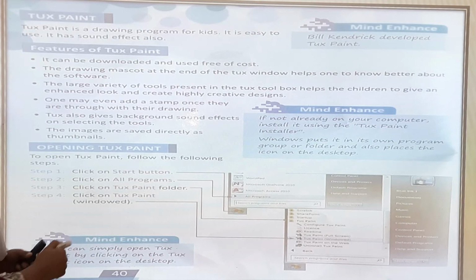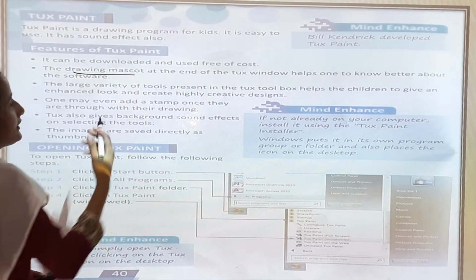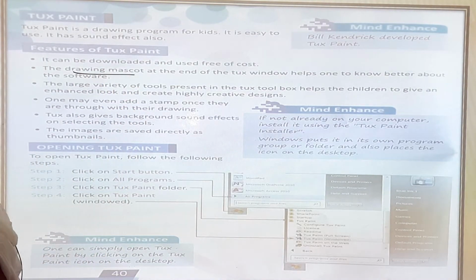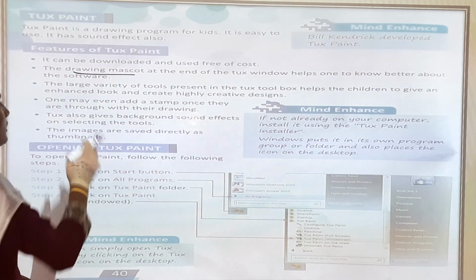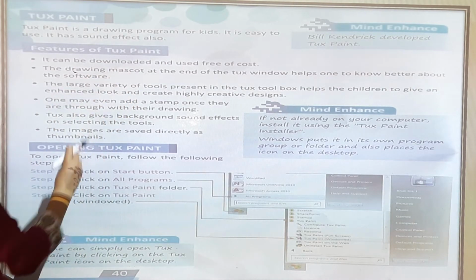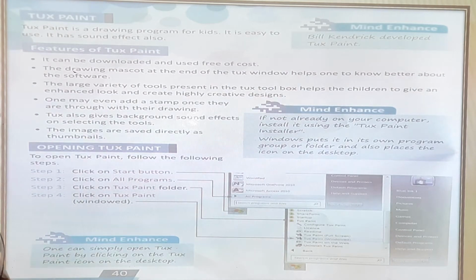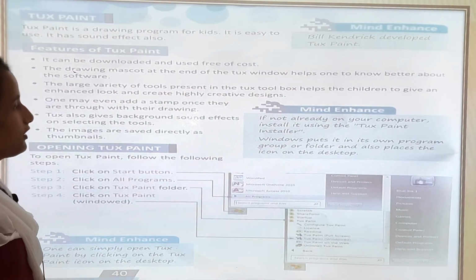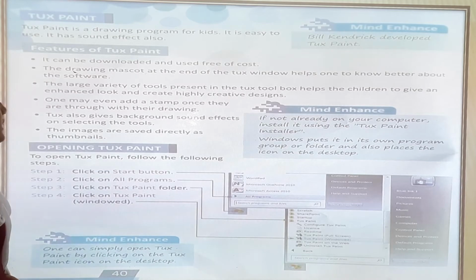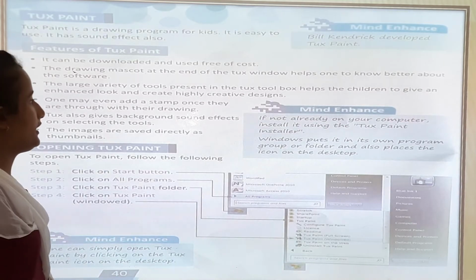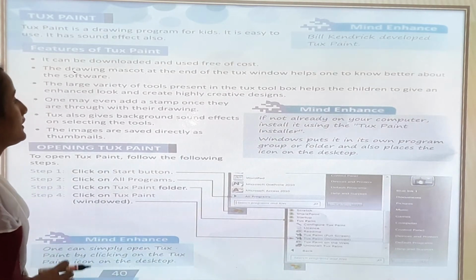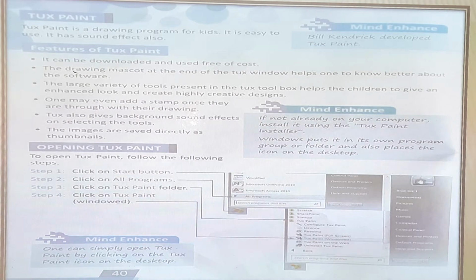The large variety of tools present in the Tux toolbox helps the children to give an enhanced look and create highly creative designs also.